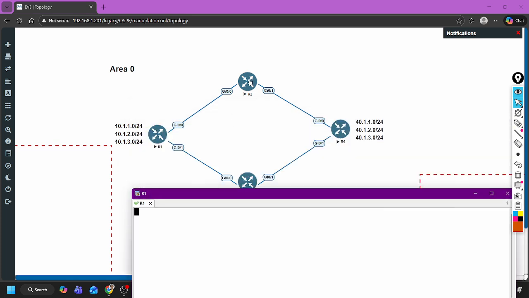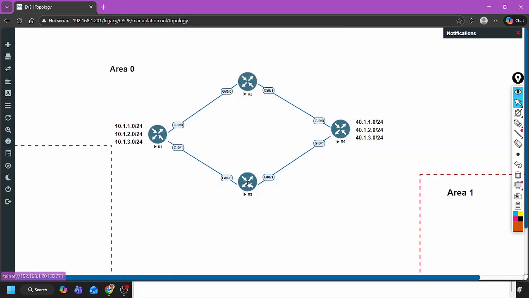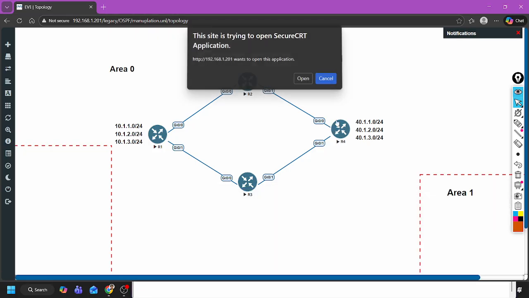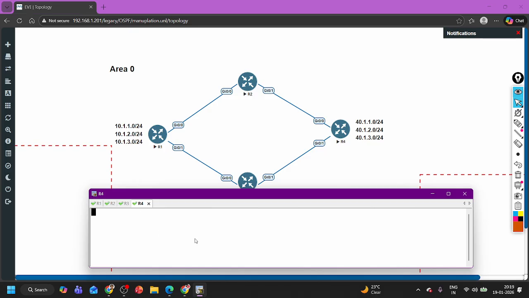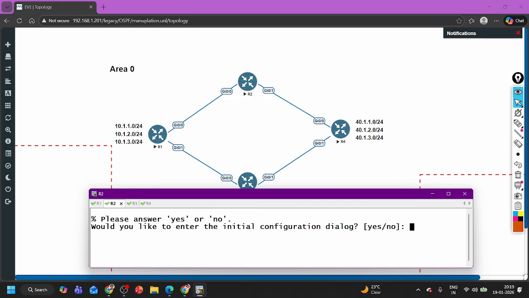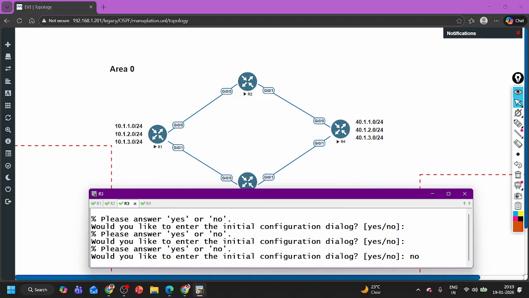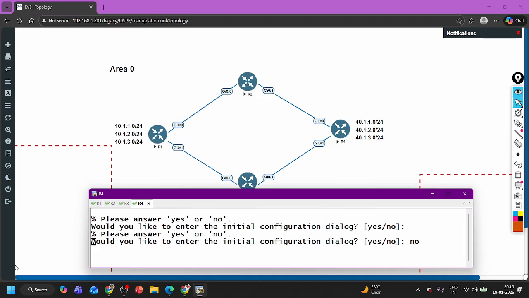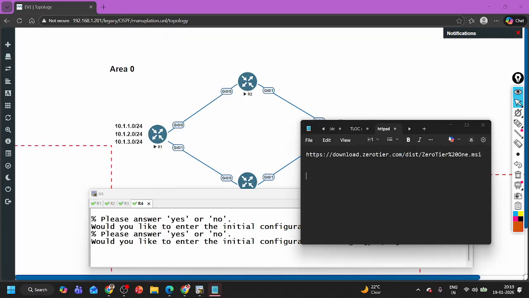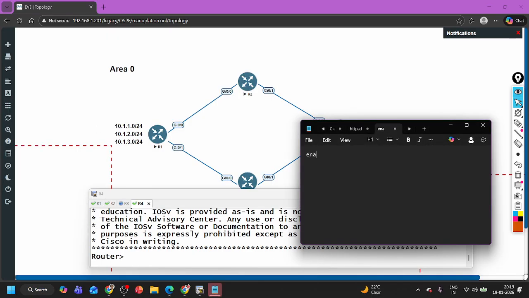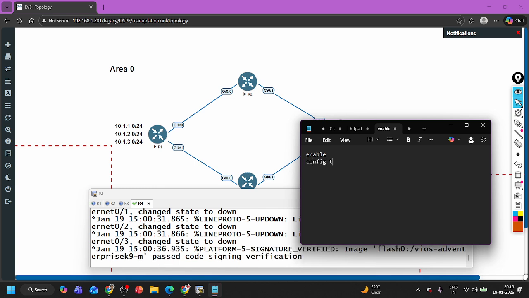R1, R2, R3 and R4. For the basic configuration, like IP configuration, I am going to use Notepad. Let me use Notepad for basic configuration, IP configuration or enabling OSPF on the router. Enable, config t, hostname R1, interface G0/0, no shutdown, and IP address